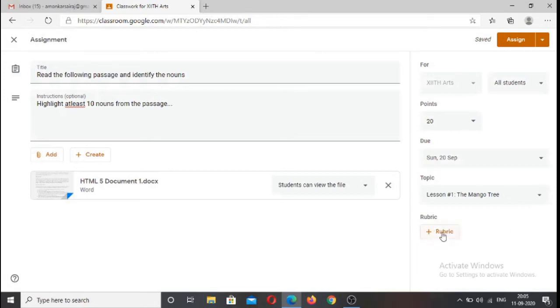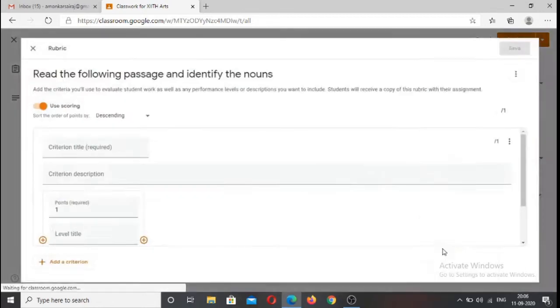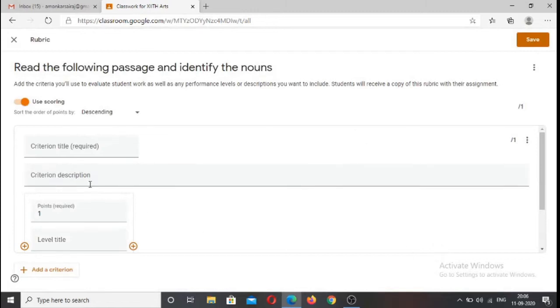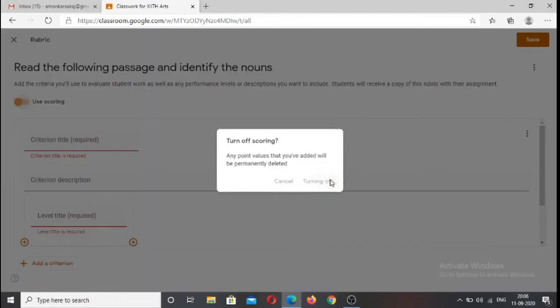And then below that we have rubric. Now what is rubric? Rubric is basically used to define the criteria for correction, how we are going to grade them. So once I click on rubric, I will just click on create rubric. And so once we click on rubric, we have the option use scoring, or we can just put it off.